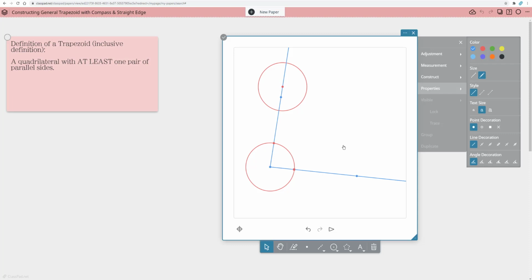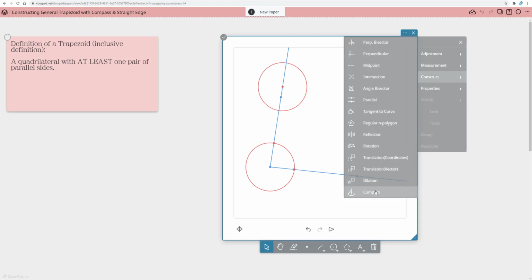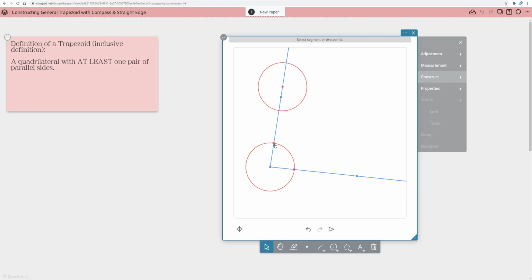So I'm going to do the same thing. I'm going to create a compass. So let's change our color. And I'm going to go back and get my compass tool. So construct compass. And I'm going to measure the distance between the point on one side of the angle to the point on the other side of the angle. That's our radius, right? And this distance, right? So this distance here